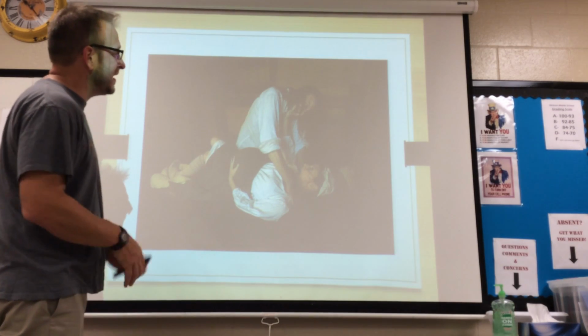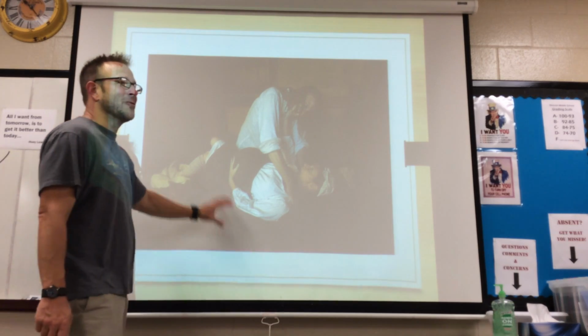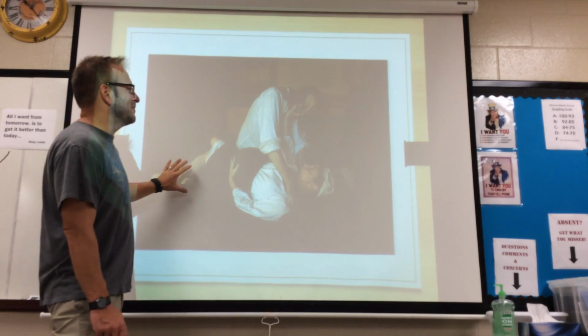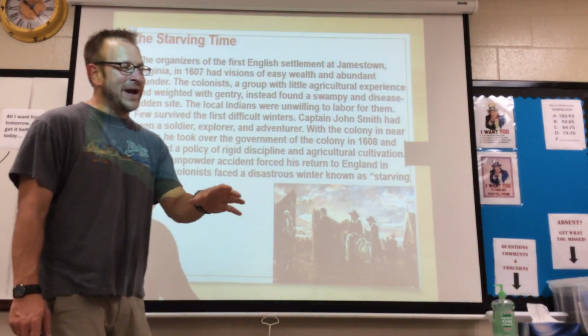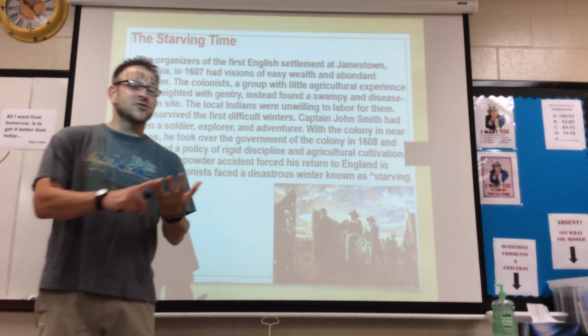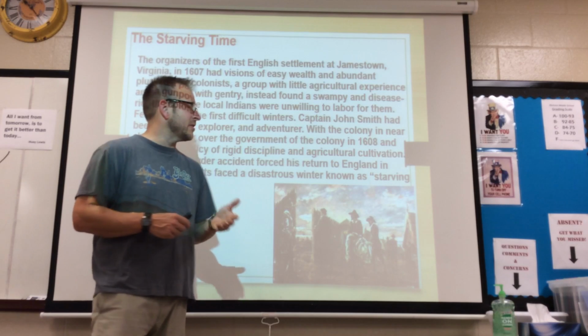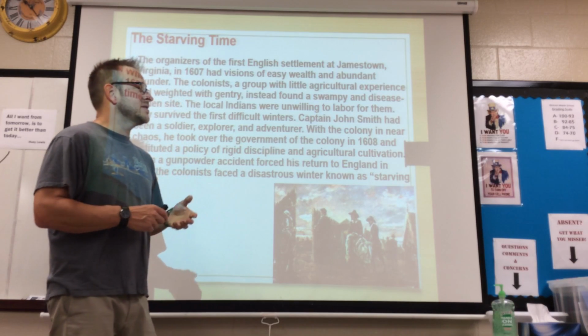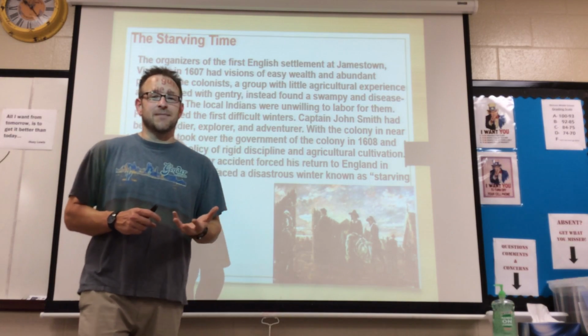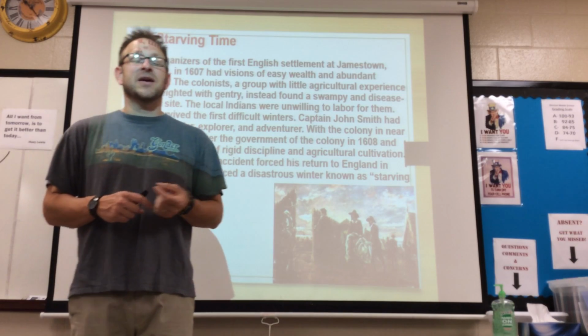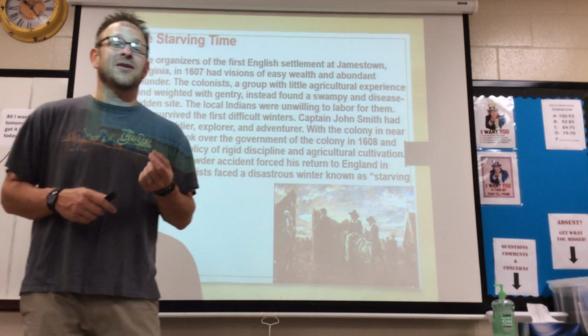Now, like I said, it got so bad, this is a horrible picture, but it just shows you part of the story. It got so bad that they ate their belts, they ate their shoes, they ate the leather that they had. They had already killed the horses, the other animals that were there with them. It resulted in almost near cannibalism for some. They burned one man at the stake because he killed his pregnant wife and had planned on eating her.